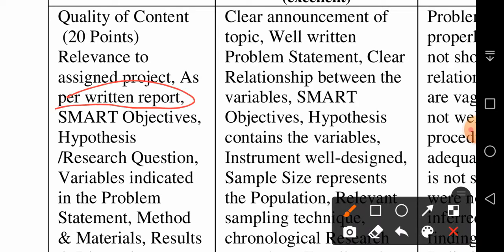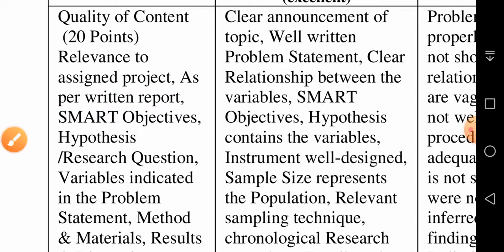Because you have already submitted a written report to us. So when you come on stage and present, we are going to check whether your presentation tallies with your written report. Whatever is written in the written report or thesis, is your presentation on the same lines, or is it deviant, or is it different?